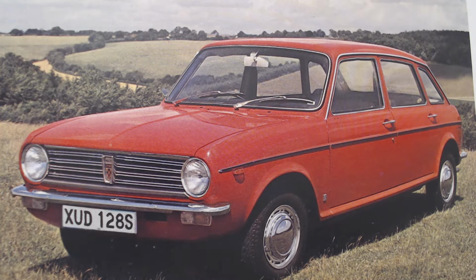And here it is. I always quite like the design actually of the Maxi, but certainly unusual proportions, and I think one of the reasons why is that it reused the door panels from the Austin 1800 Land Crab, so almost like a smaller Land Crab, that unusual wheelbase. But like I said, I did like the fact that it was a hatchback at a time when we really needed a hatchback. Of course, hatchbacks were becoming more and more popular, but there's no doubt by 77 this was a pretty